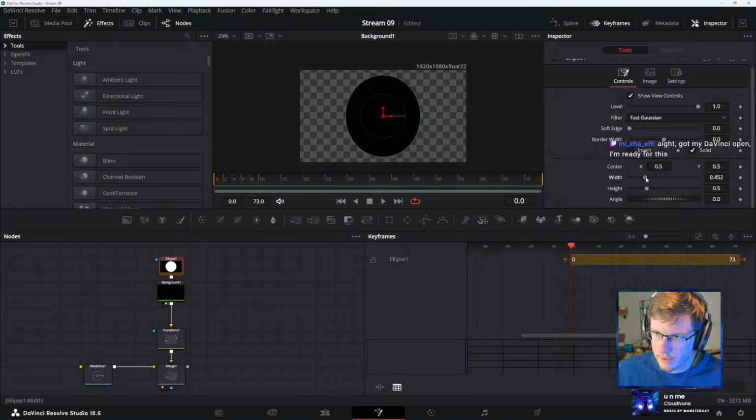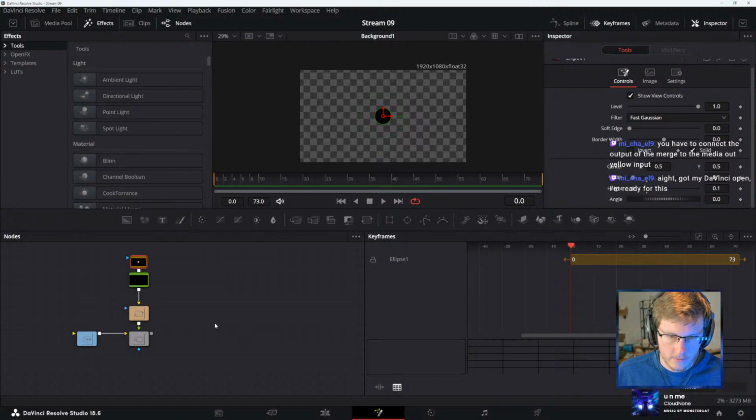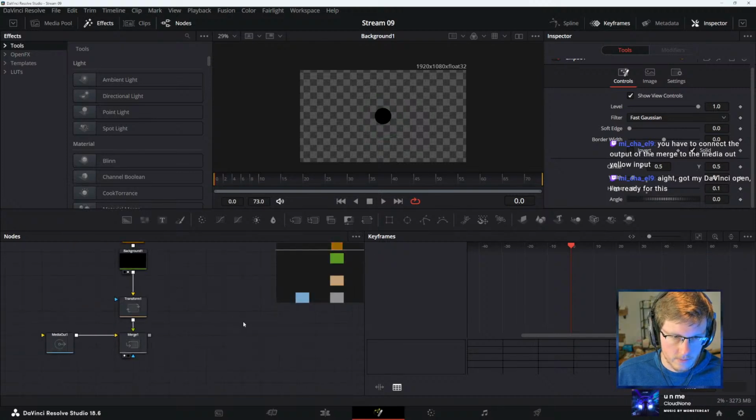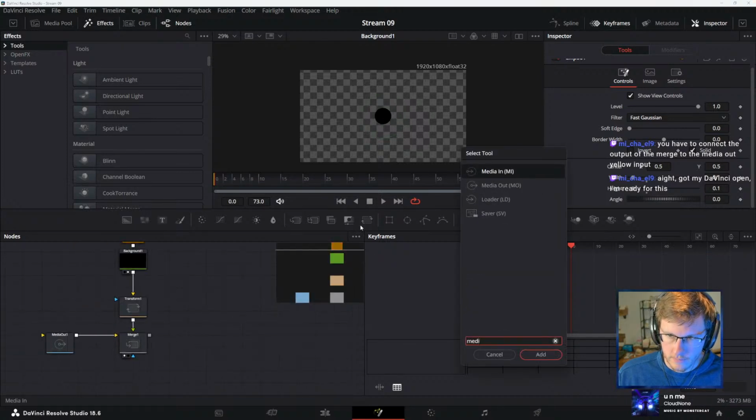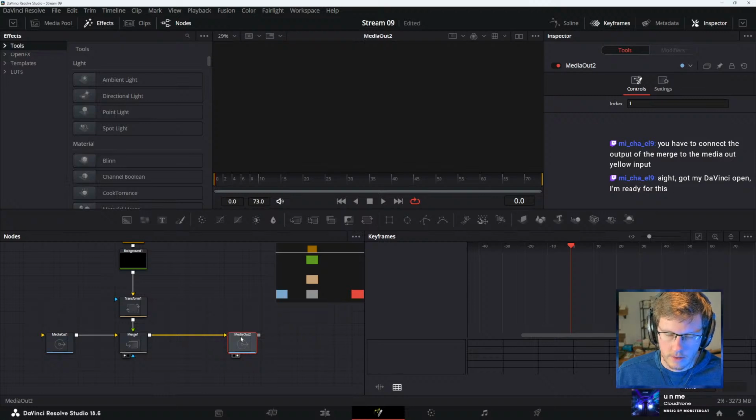Width, height. Let's do 0.1, 0.1. You have to connect the output of the merge to the media out.